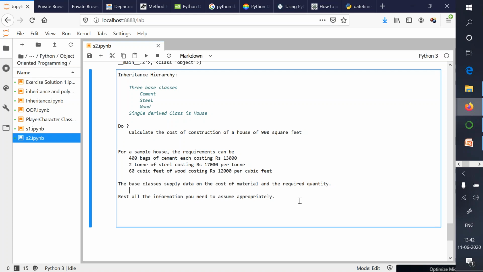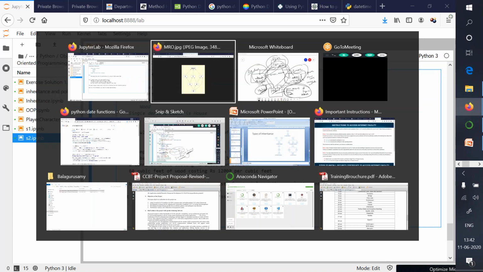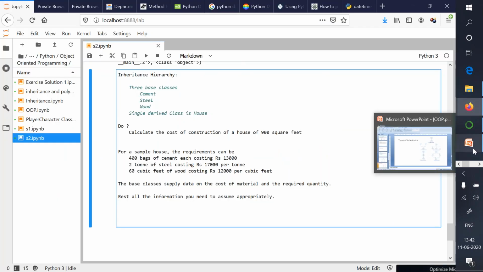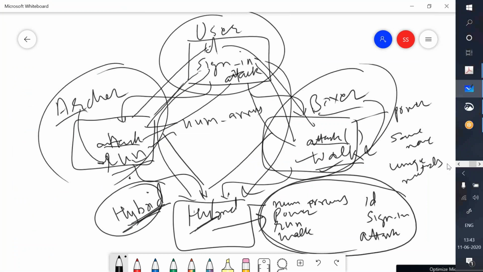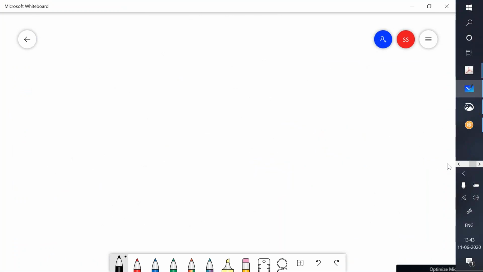So hope you have noted down this problem. And the second problem that you need to work on is this website problem. Please also note down this inheritance hierarchy.